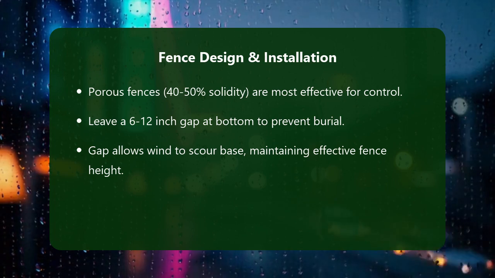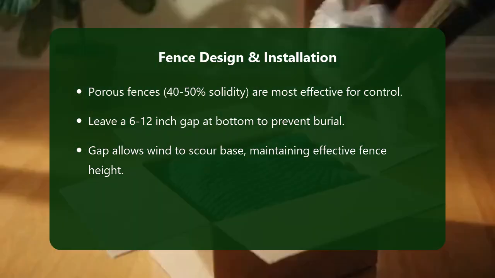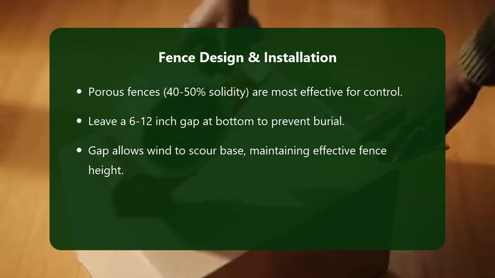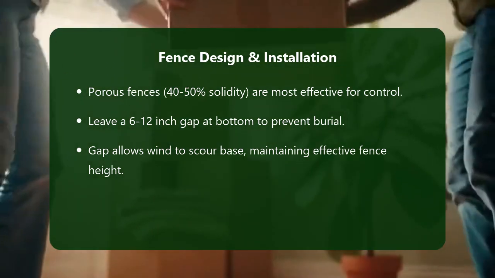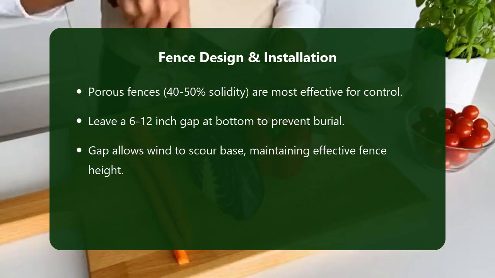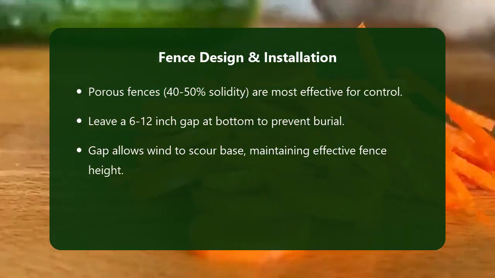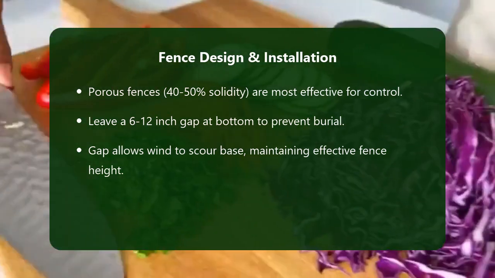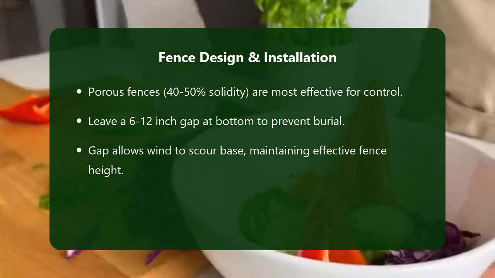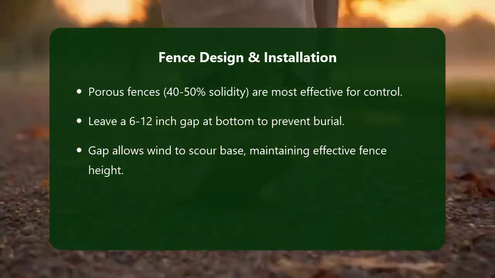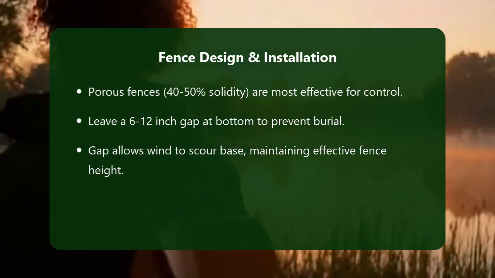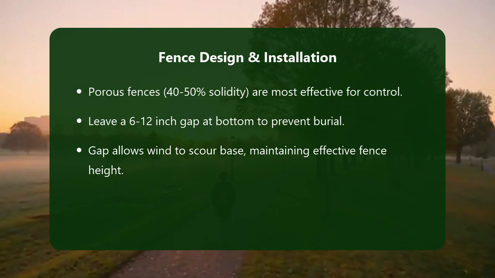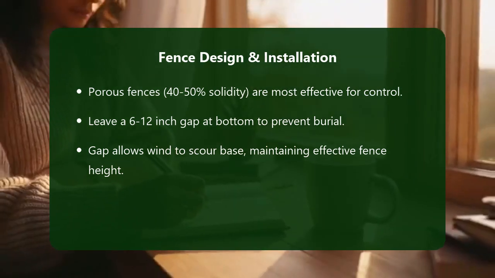The design of the fence itself matters. Most effective snow fences are porous, typically having a solidity ratio of 40 to 50%. This porosity allows some wind to pass through, creating a low-pressure zone on the downwind side where snow particles drop out of the airstream and accumulate. Solid fences, conversely, can create excessive turbulence and often lead to snow depositing too close to the fence or even on the protected area. Proper installation also includes leaving a gap at the bottom, typically 6 to 12 inches above